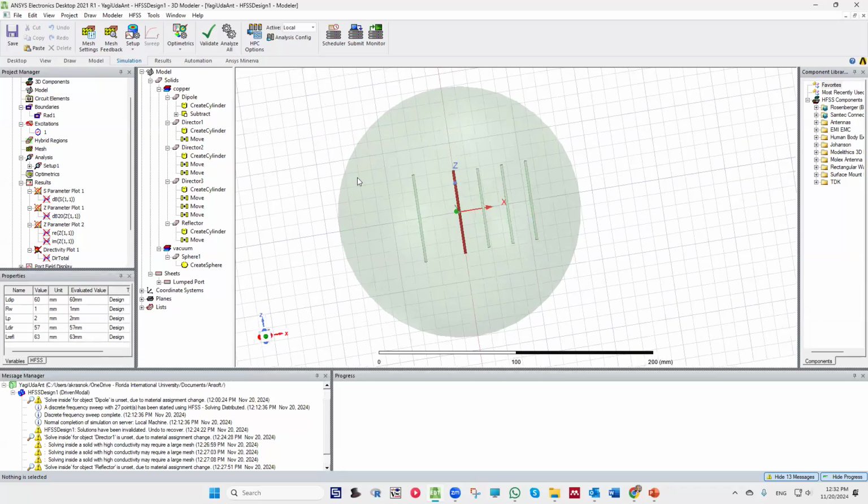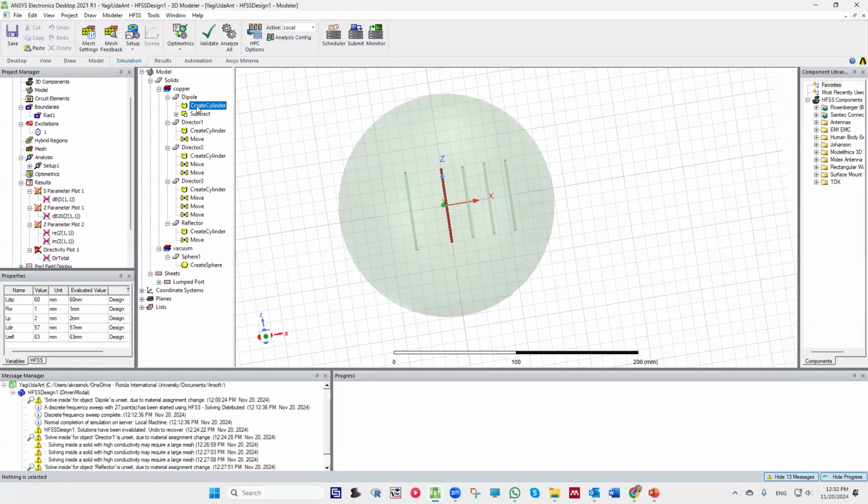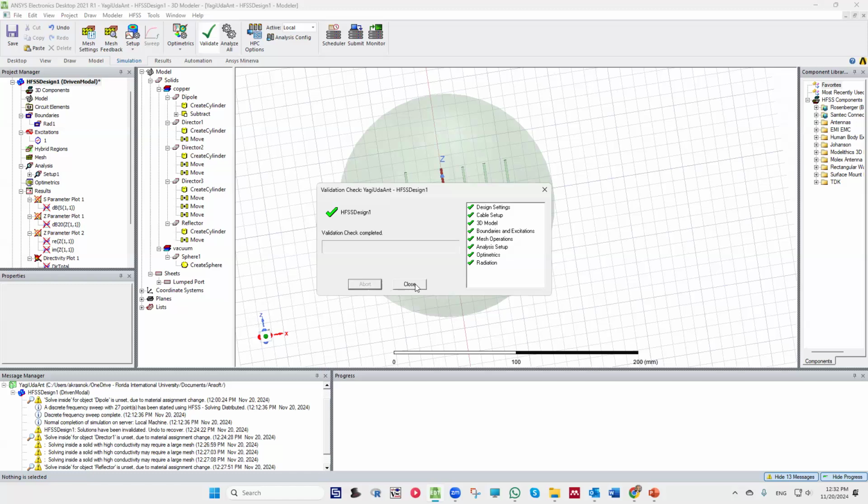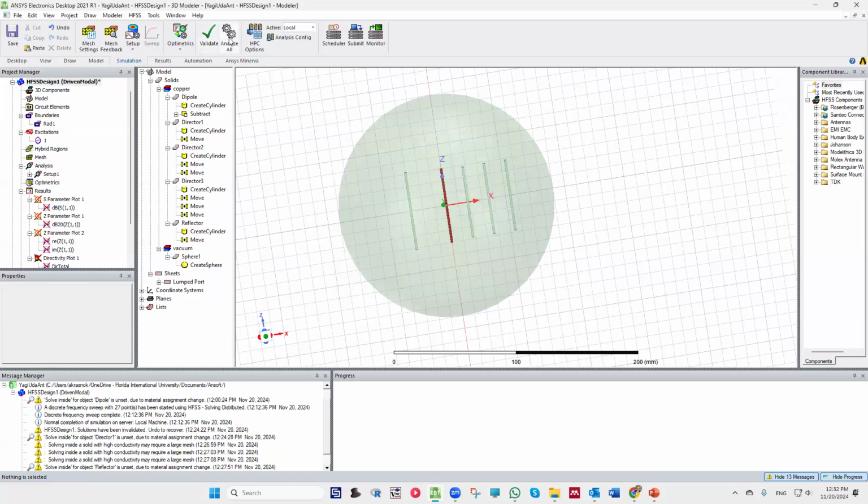Okay, so it suggests not to solve inside these elements. Okay, let's disable this for now. Okay, so we don't solve the fields inside the wires. Okay, now everything is fine, and I run